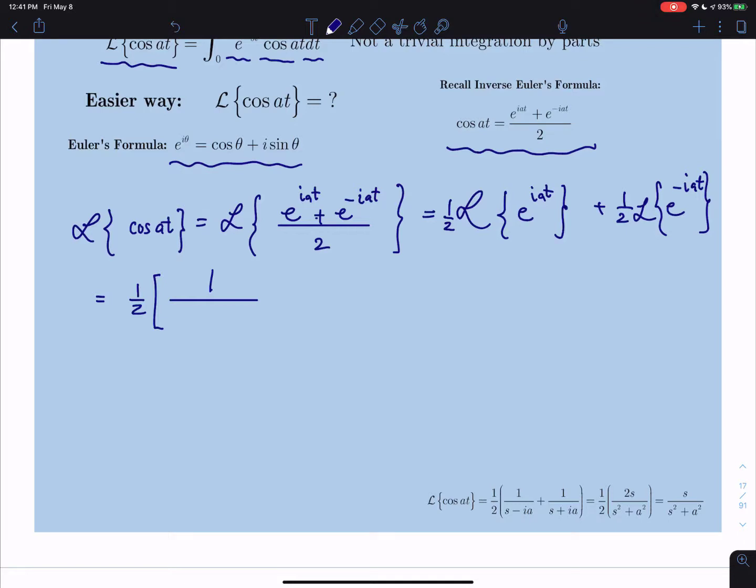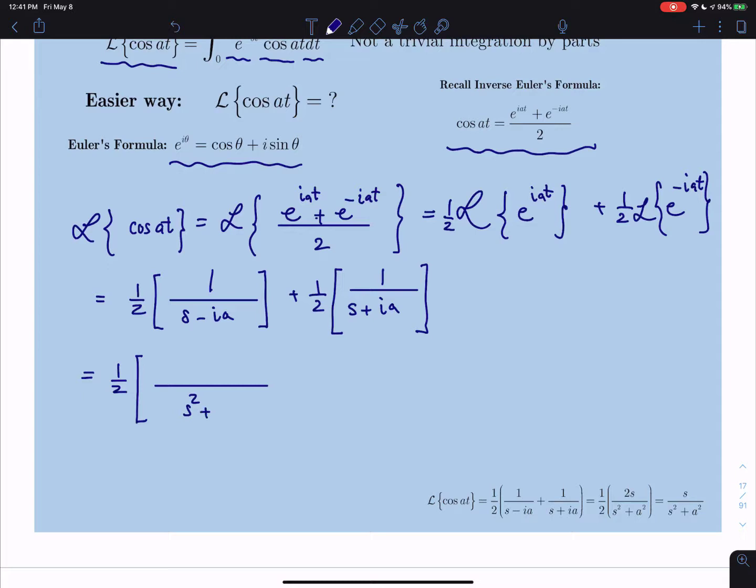We can write the Laplace transform of e to the iat, which is 1/(s minus ia), i a complex number, plus 1/2, you see, it's so simple, you don't need to do any integration whatsoever. And Laplace transform of e to the minus iat is 1/(s plus ia). Now if I factor out a 1/2 and find a common denominator, s minus ia times s plus ia is s squared minus i squared a squared,